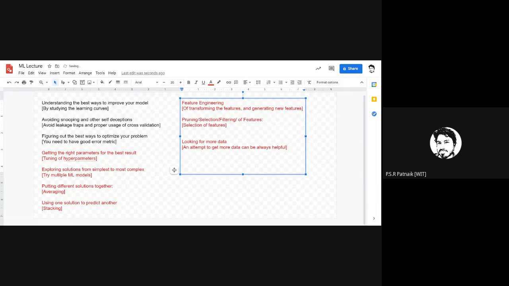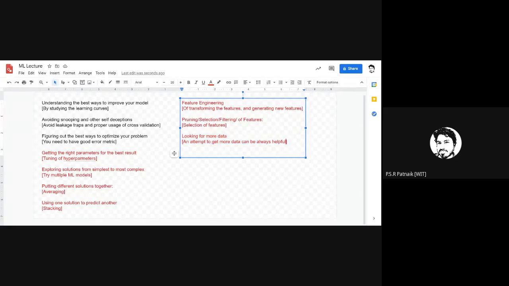Okay. So I have a data set of 600 students. But if I get 600 more data of students, it is always better for machine learning. The more the data, the better. Your ML model tries to learn newer patterns. So as a last resort, you can always look out for more data.